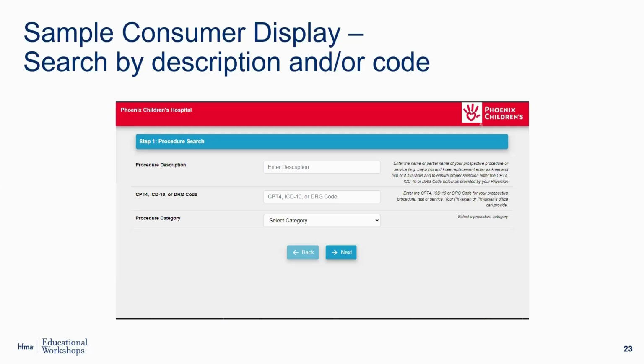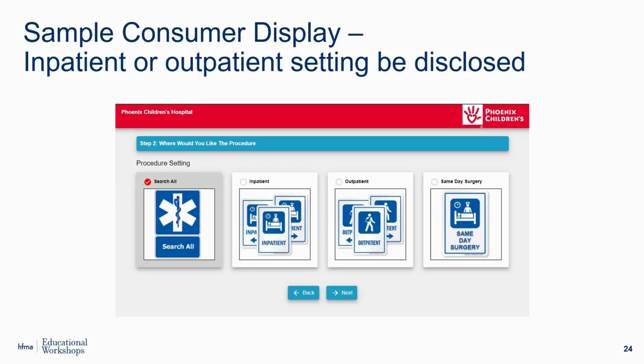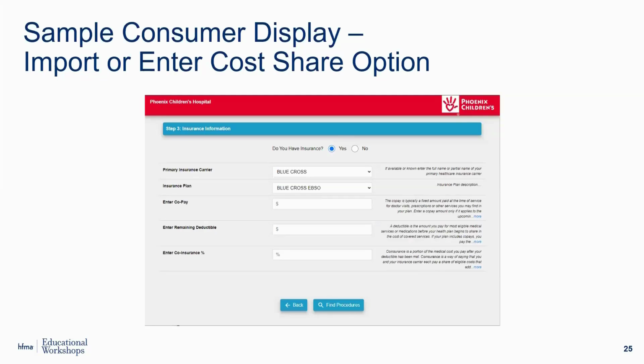This first screen shows where the consumer searches for procedures by description or code, as is required by the rule. Next, the consumer can select inpatient, outpatient, same-day surgery, or all, which is another requirement under the rule. Next, the consumer enters their insurance information to be directed to the applicable negotiated rates. If they don't have insurance, they will be directed to the self-pay discount amounts, whose disclosure is also required under